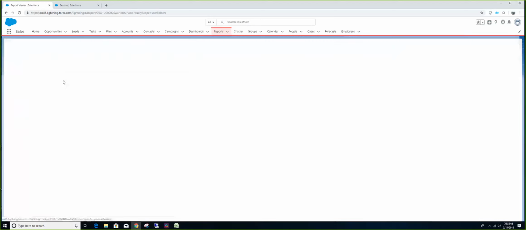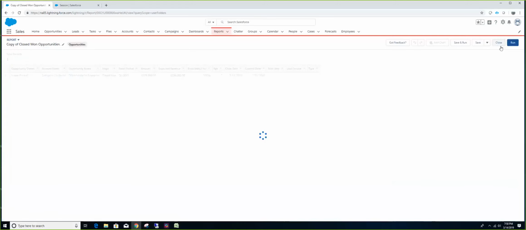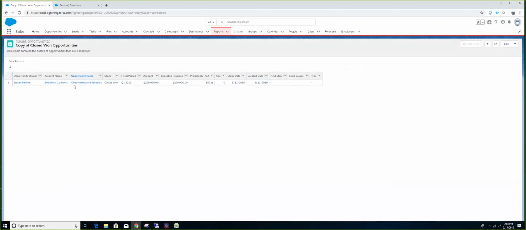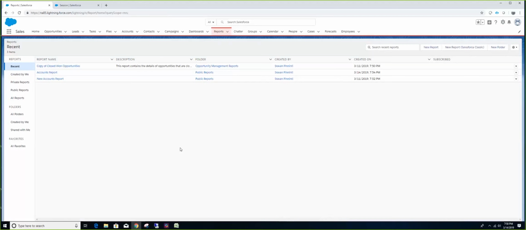For example, we create a report called closed won opportunities. What are the filter conditions here? If you click edit and see the filters, we are just saying stage equals closed won. So this report will always store all the opportunities that are closed won. The moment any opportunity is closed won, if you open this report, it would automatically show up here. So you can build lots of important reports like this and store them in a proper folder. If you feel the report is open for everybody, you can create it in a public folder. If you feel that the report should only be personal to you, you can create it in a private folder.